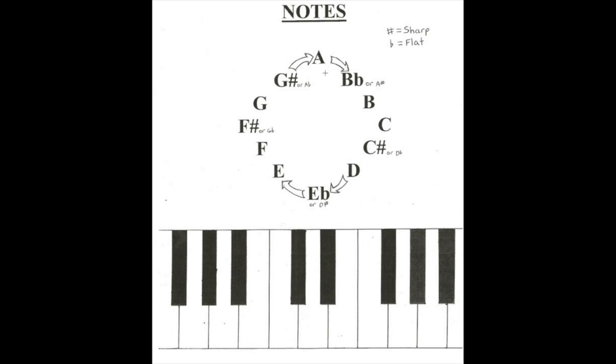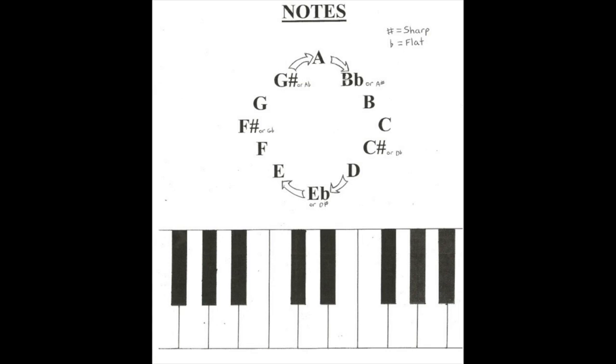The big letters here are the most common ways you will see them written in theory, but often you'll see these other ones as well. I'll explain why there's two shortly. So we go A, B flat, B, C, C sharp, D, E flat, E, F, F sharp, G, G sharp,